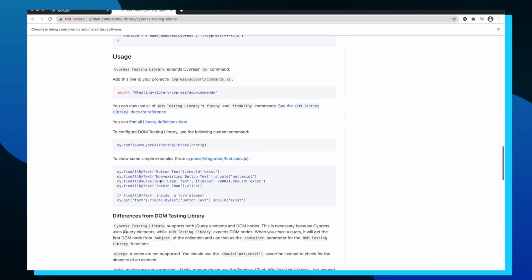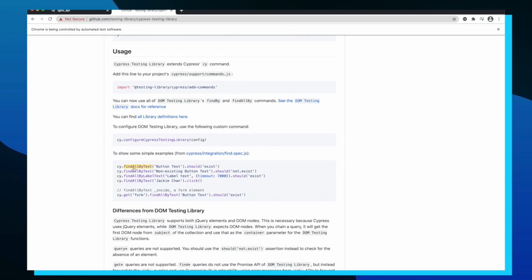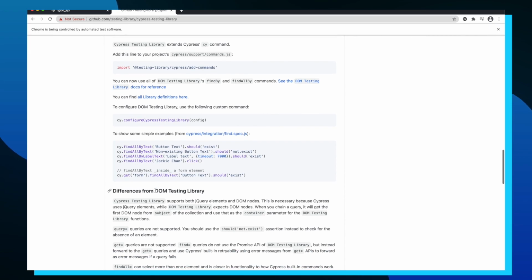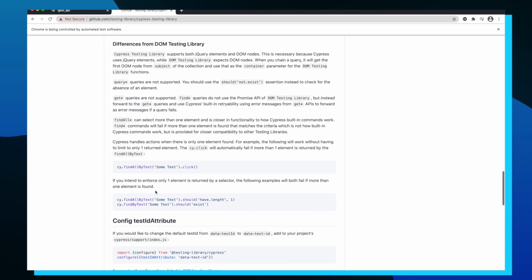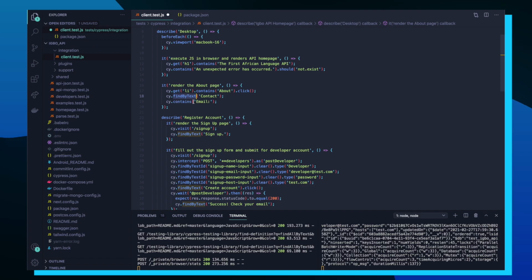Essentially, what you get from this plugin is these extra commands like find all by text, find all by label, or even find by placeholder, and more commands that are really helpful. The main benefit of using the Cypress testing library is that their commands are a little bit more readable than the built-in Cypress commands. If we go back to our source code and see what I mean by this,